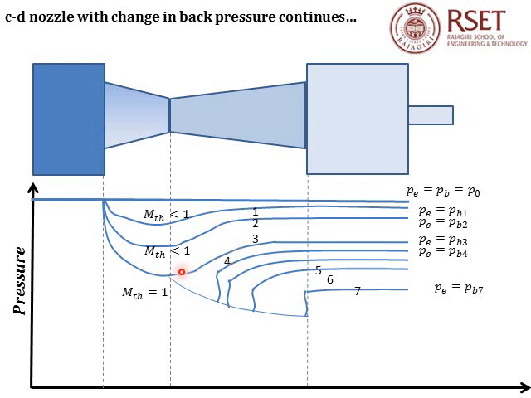In this case, the condition of the pressure at the throat remains the same, that is P star, but the back pressure has reduced to a lower value. Because of this, the magnitude of adverse pressure gradient now faced by the fluid at the throat is less. Because of this and the high inertia it possesses because of high velocity, the fluid starts accelerating into the duct. But this acceleration doesn't last long, because as the fluid accelerates, the pressure reduces.